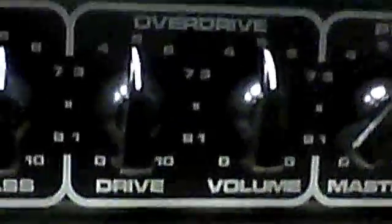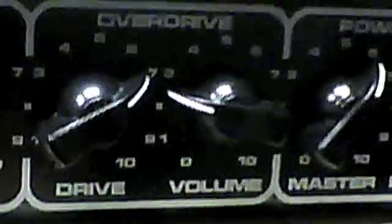Then with the overdrive, now this is something that's very interesting with Dumble style amps, is that they have an overdrive section, and this allows you to get overdrive at pretty much any volume. It's actually really cool. So you can set as much drive as you want, and then put the volume at unity gain. So you can be playing a clean tone, and you can go to a dirty